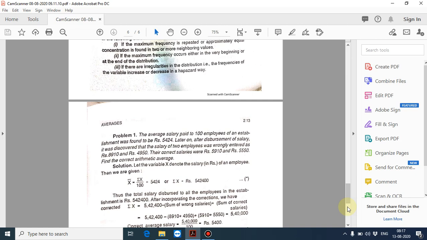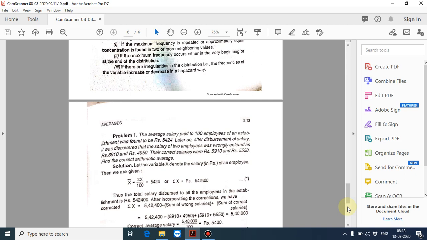Actually, the correct salary was 5,910 and 5,550. We have to find the correct arithmetic average. For the 100 employees, the average was 5,424. That means x bar is equal to